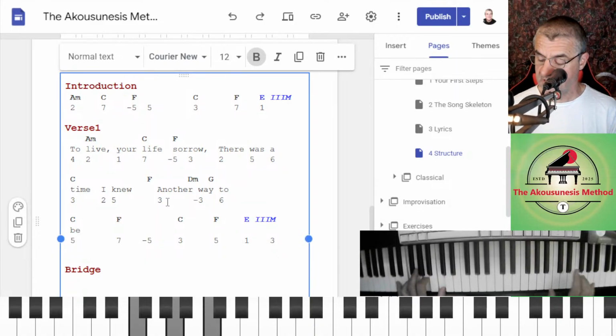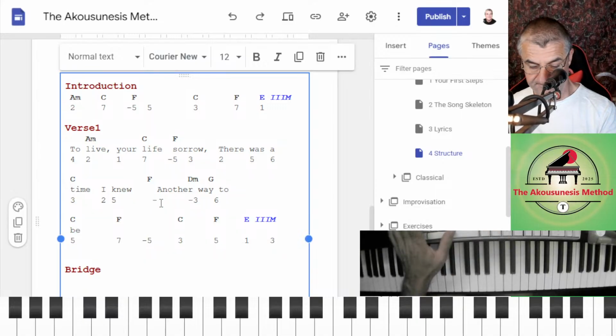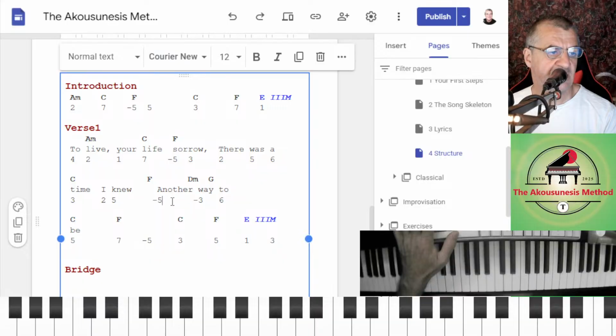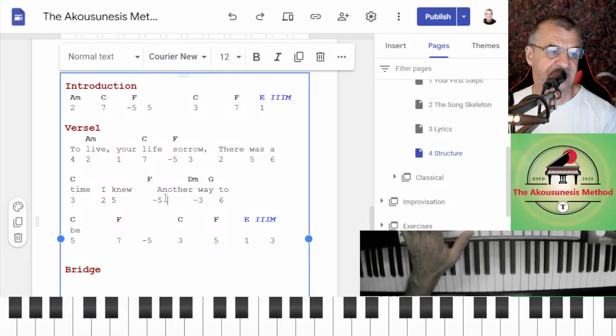Another. You could go to the -5. You could go -F. Let's try that. So we're going to go to the -5, up to the 6. So we've got 3 syllables. Another. 6.